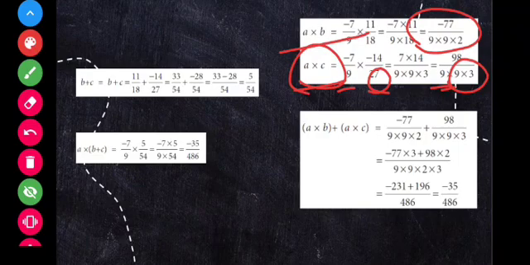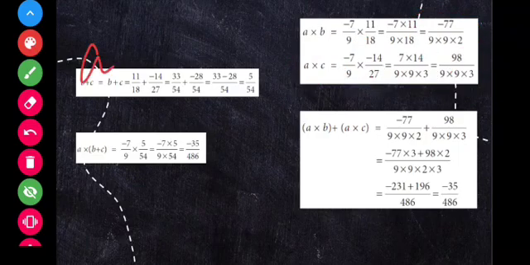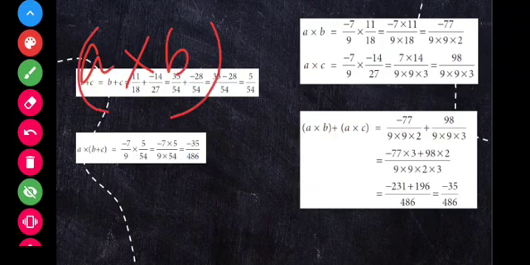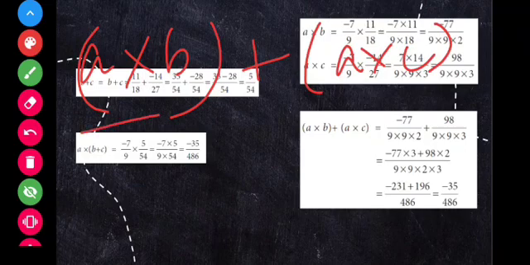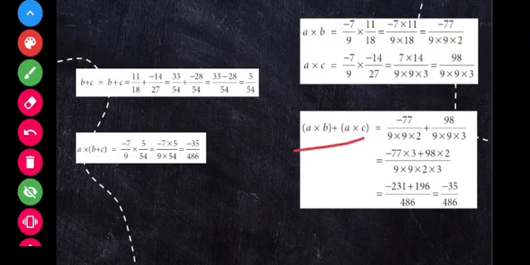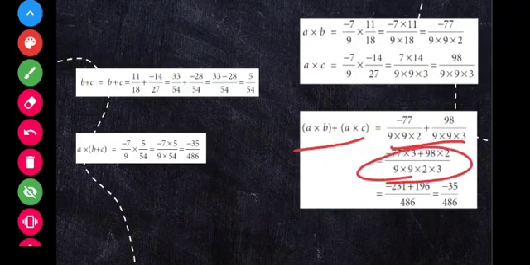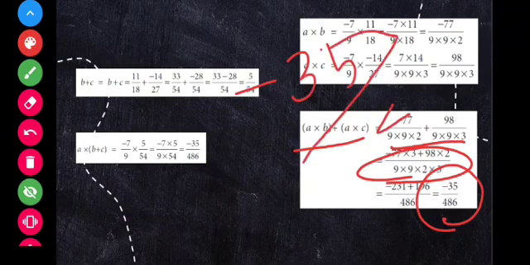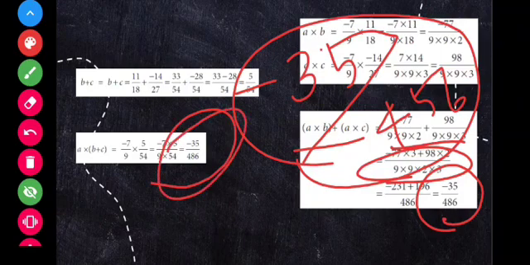Okay, so now what we are going to do is, what does our right hand side tell us? A into B plus A into C. So we have to add both the values which we got. So we are adding both the values here. After cancelling everything, we end up getting minus 35 by 456, minus 35 by 456, which is what we got for the left hand side also.